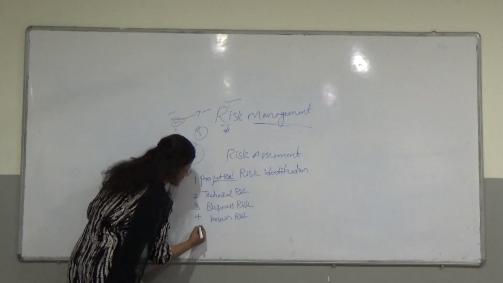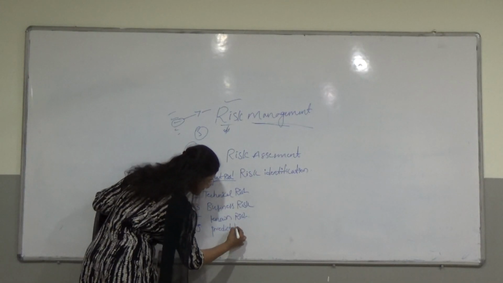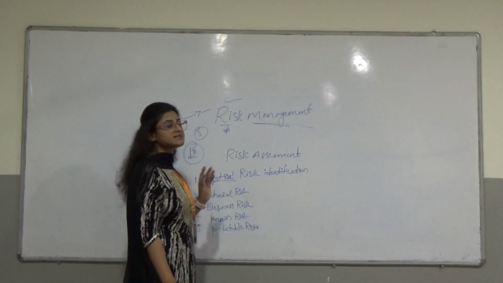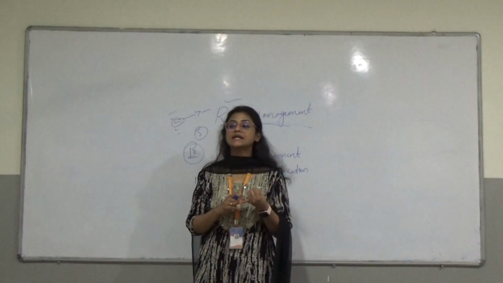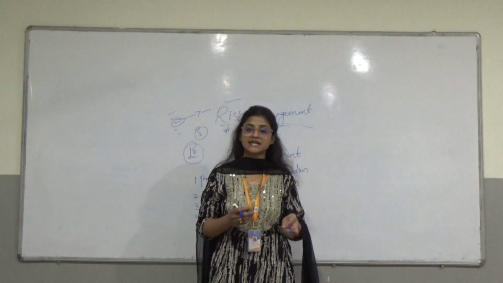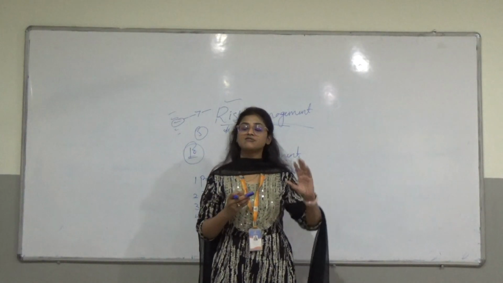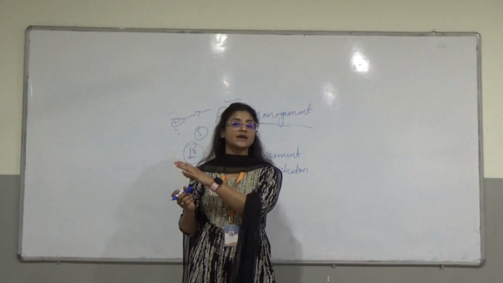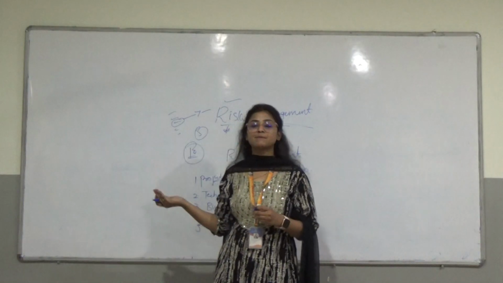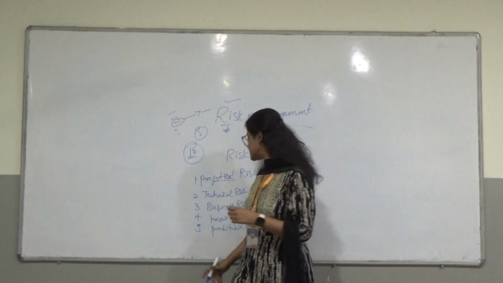And the next one is a predictable risk. Predictable risks means, as a developer develops different types of projects, he will be based upon the previous experience of the usage of the previous technologies. He may think, if we are implementing this technology in this product, these kinds of risks may occur. Based upon those predictions, he will already be ready with his solutions also. That is called a predictable risk.